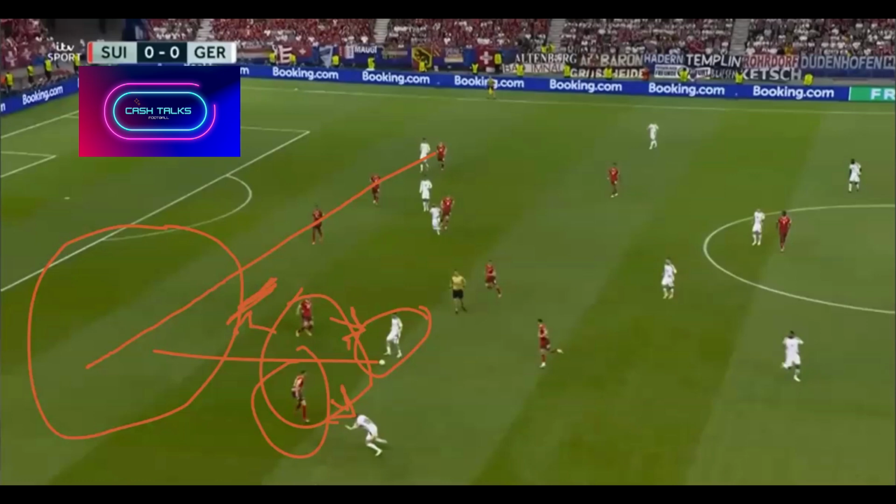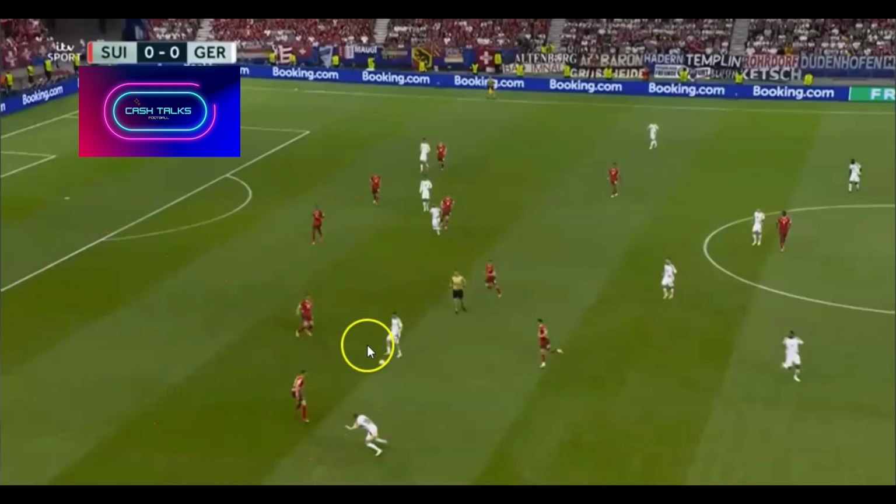I'm always yelling about putting pressure on the ball. But when you're in a 2v2 situation like this, one of you has to drop and cover the space. Both of you cannot get this tight and leave that space back here. It's okay for one, not for both of you to be this tight, because this is how you get undone. So if you see your mate pressuring the ball and you see that big space behind, make sure you cover the space, because if he doesn't win the ball, the ball goes into the space and you get made to look stupid. So just drop, cover him, and that's what you really need to do.